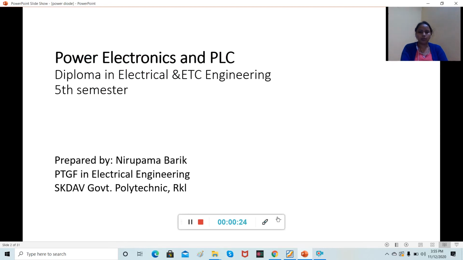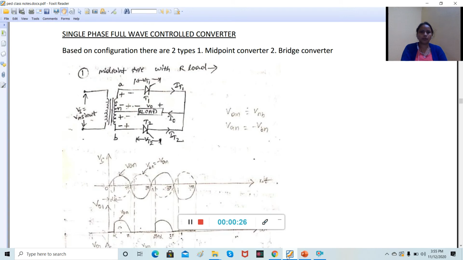Today's topic is the single phase full wave controlled converter. It is also named as single phase fully controlled converter. Here we will study two configurations, that is the midpoint converter configuration and the bridge converter configuration. For both of these configurations we will go for two types of load, that is R load and RL load. Under this single phase fully controlled converter, we will study first the circuit diagram